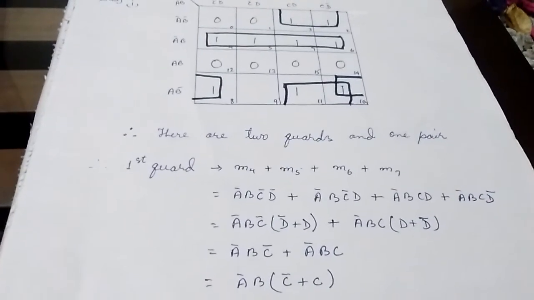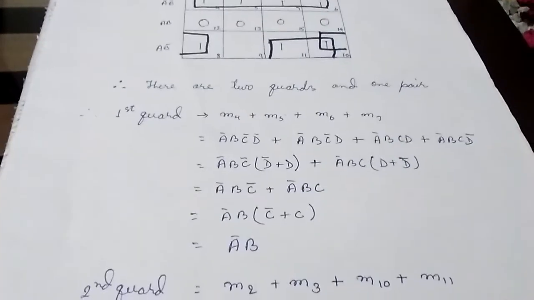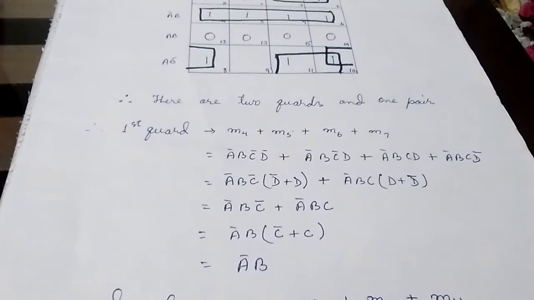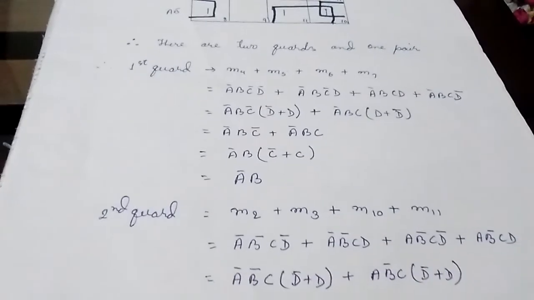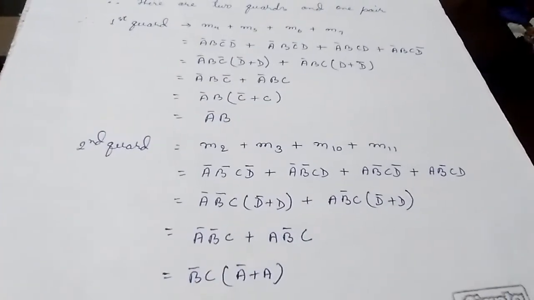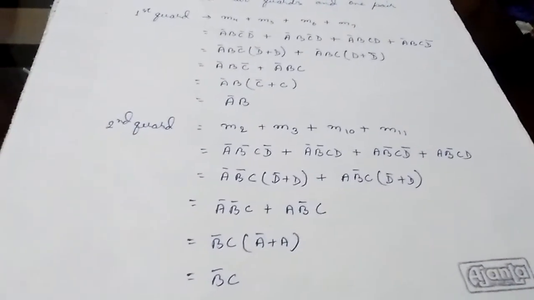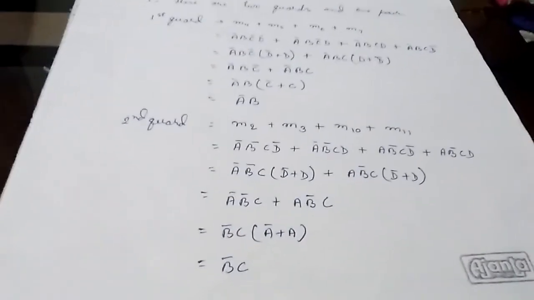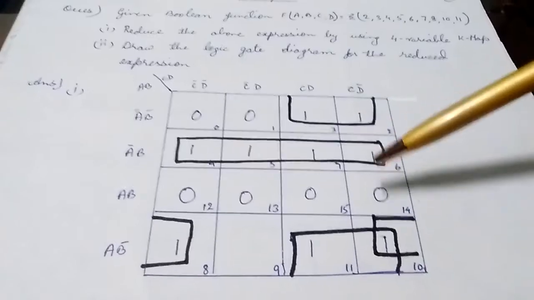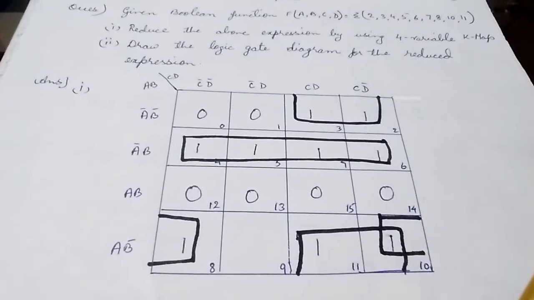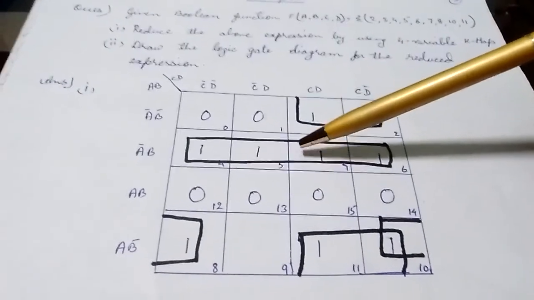So the first quad members we will write and then we will reduce. From the first quad we get the reduced value as a bar b. From the second quad we get the reduced value as b bar c. Let us see how we are getting this. Now you see, that is another method we have seen. From the Karnaugh map also we can derive